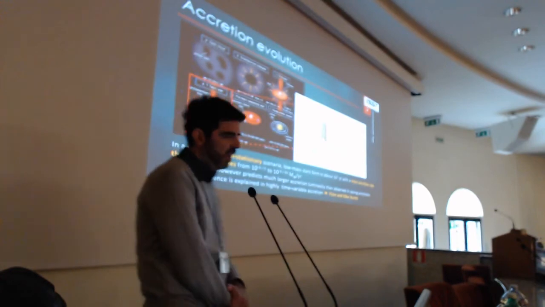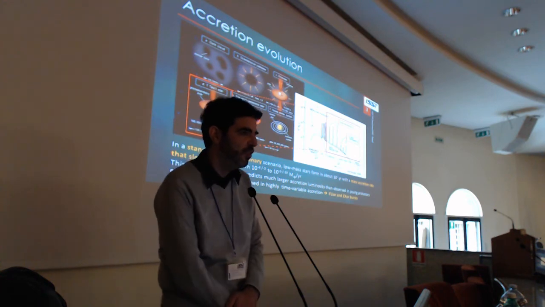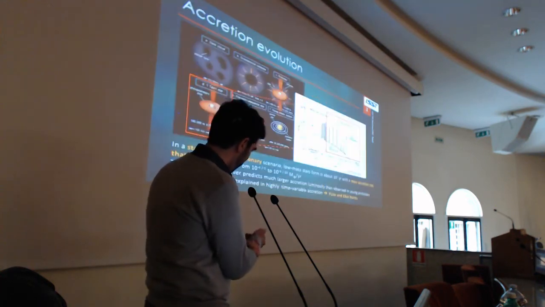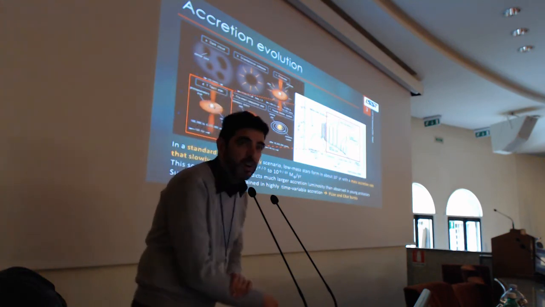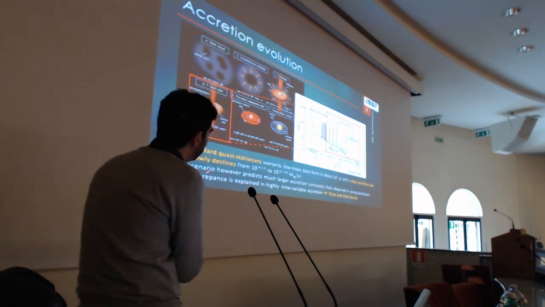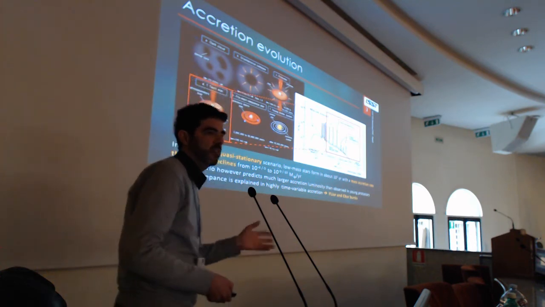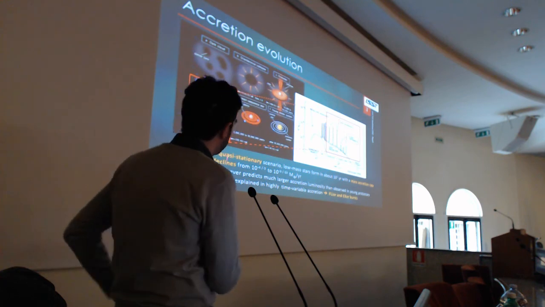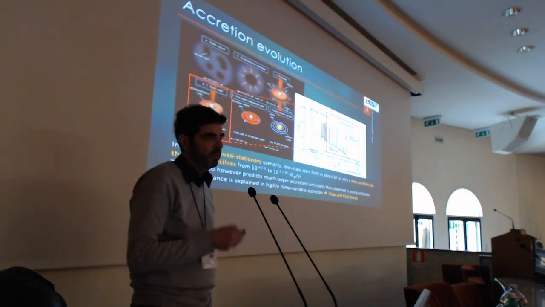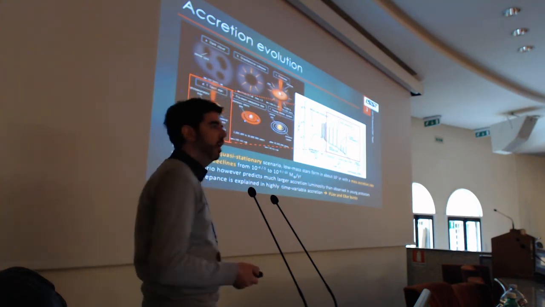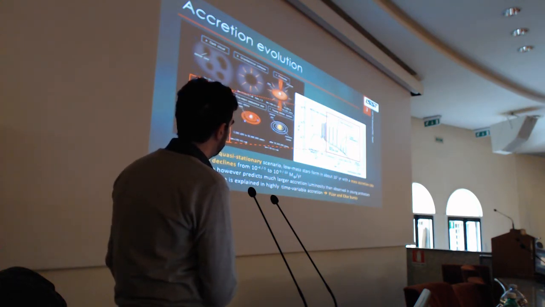Okay, why is LSST useful for studying young sources? Because it can provide information on accretion, basically. Here you can see a plot of the standard scenario for accretion in young sources. In the standard scenario, a low mass star is basically formed on timescales of about 10^7 years, with an initial accretion rate of the order 10^-5, 10^-4 solar masses per year, that slowly declines to values of the order of 10^-9, 10^-10 solar masses per year